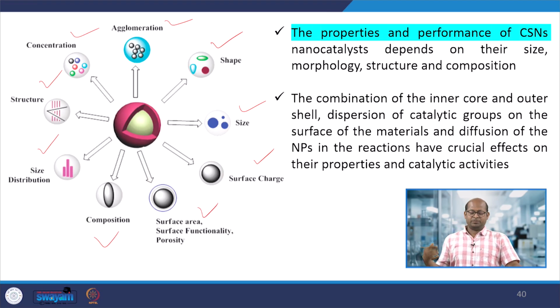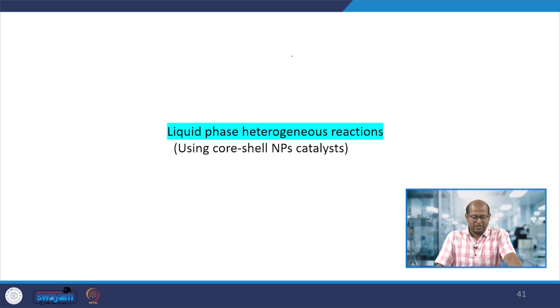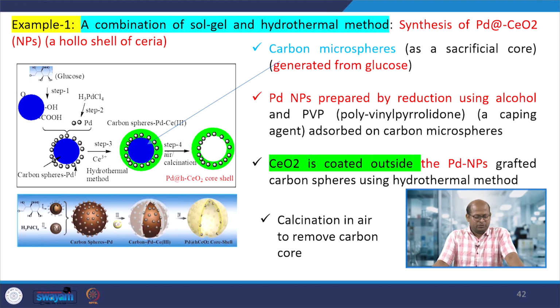So, this nanocatalyst property depends on the different properties of the nanomaterials we have prepared. Here we will discuss one or two examples of liquid phase heterogeneous reactions, where we can use core-shell nanocatalysts. The nanoparticles may be different metals or metal oxides that would be distributed. One or two examples we will discuss here: palladium nanoparticles,